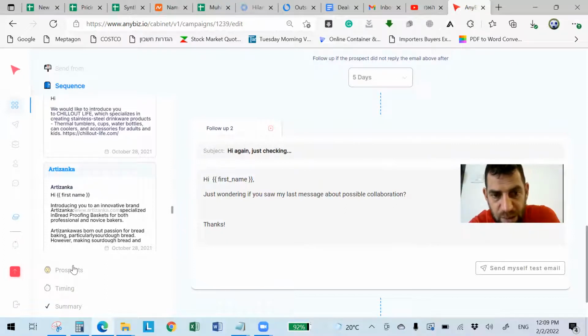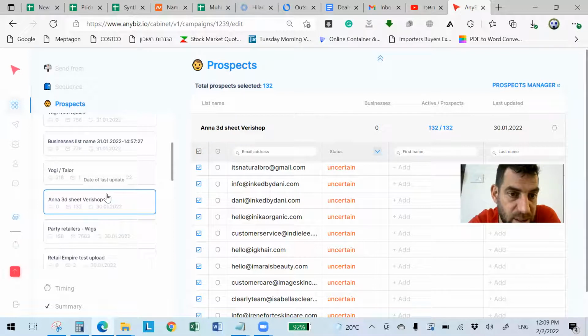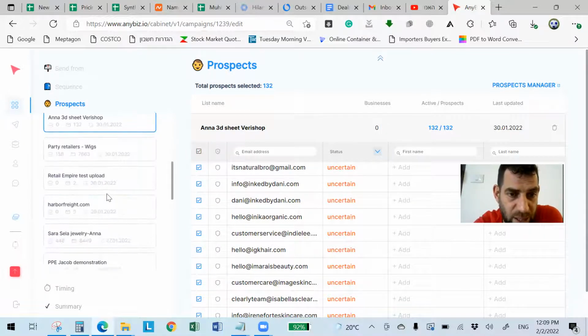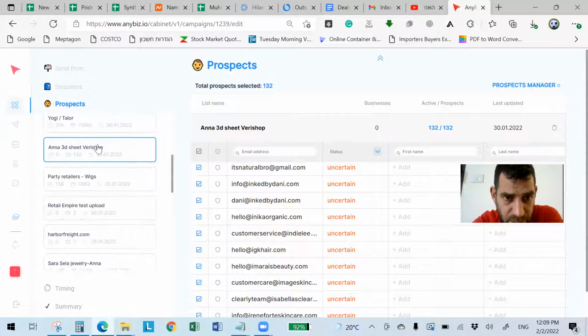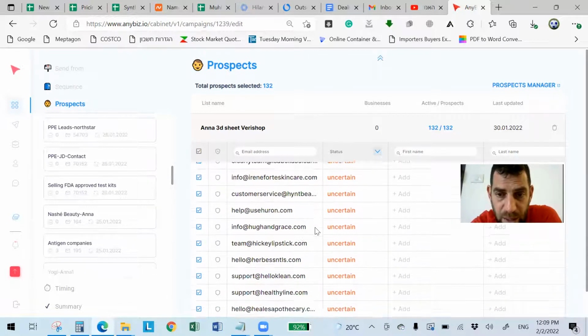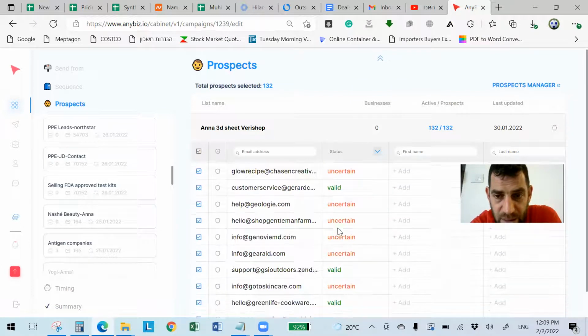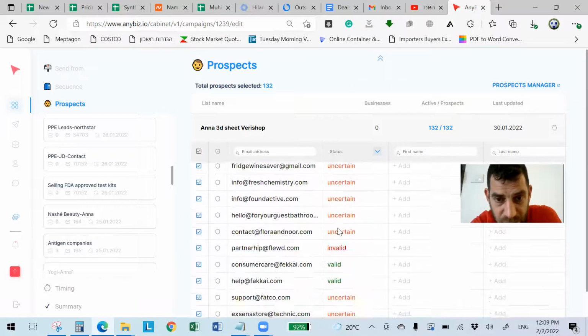Next, I'm going to prospects, which are the email addresses. And you see Walmart starts to build. I don't know why it's going slow, but sometime in the next few minutes, I guess, it's going to be built. But anyway, here's where I choose a third sheet or whatever it is, but you can choose from prospects that you prepared before. And you can see all the emails, some of them uncertain, some of them valid. There are quite a lot of uncertain ones,